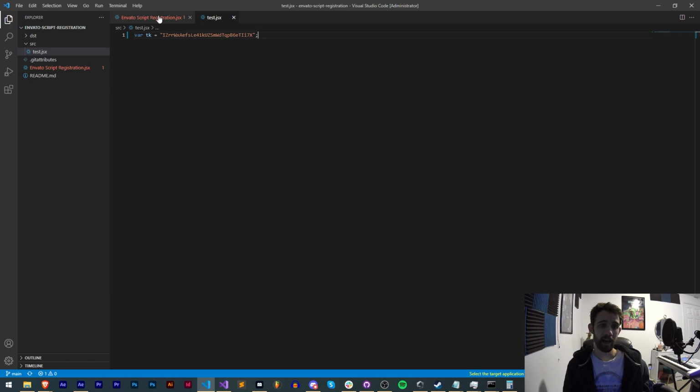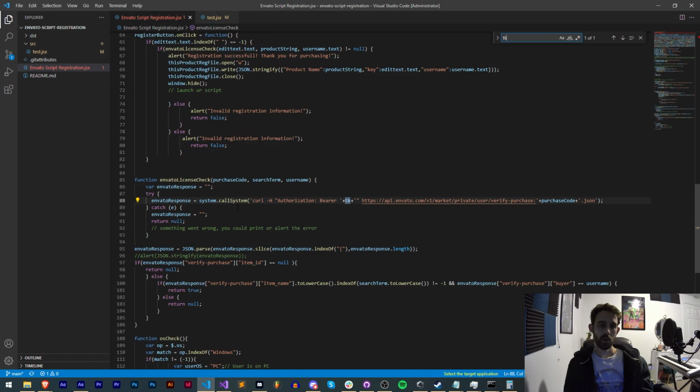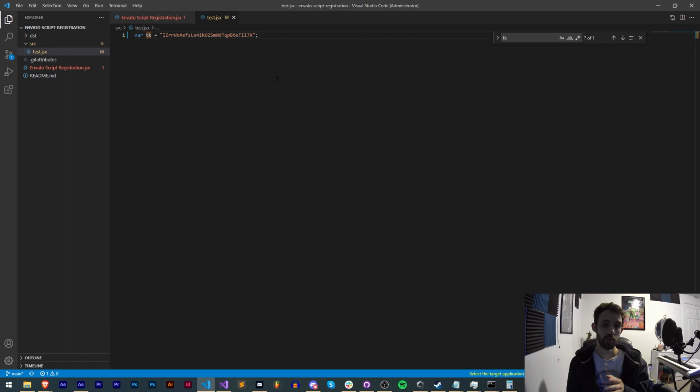Because in my actual registration script, if I type in tk, when we actually do the call system and we run an operation to verify our purchase, we're going to use that token, which is required. You're supposed to provide your Envato token as an author to be able to connect to this API and check their purchase code. So the reason we're putting it in here is because then we can go,